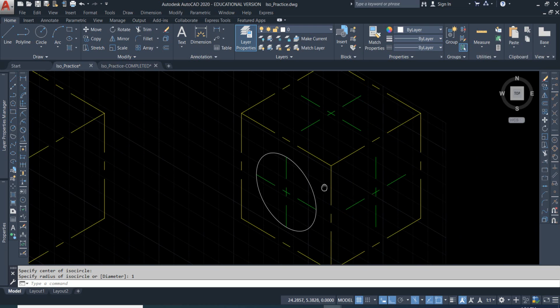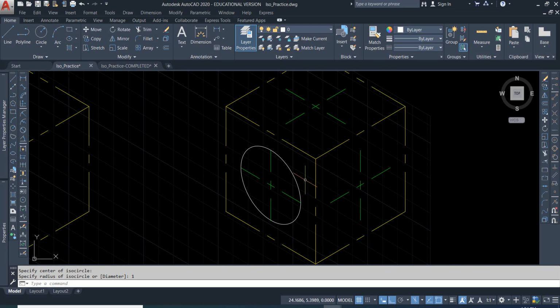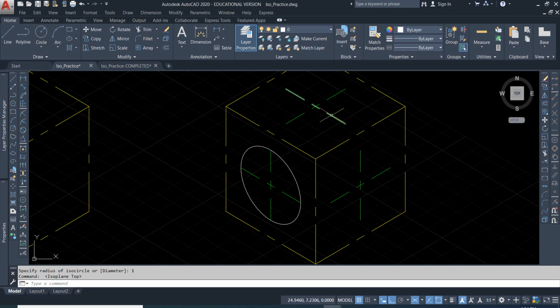The way it works in cubes, if you think about the 3 sides of the cube, any ellipse on the left surface will go like this. The major axis would be aligned through the longest points of it. Okay, so if we were to go to the top surface and repeat that, ellipse, isocircle, oh,